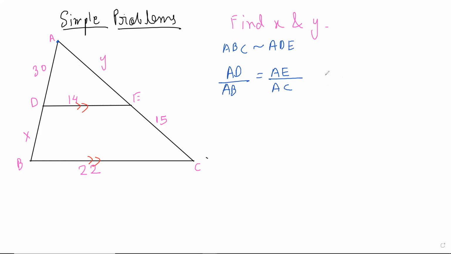That will help us. But even here, it's not enough. So we'll have to really use the other one. DE is stretched to BC, right? And all these are the same. This is really the essence of similarity. Computational use, you could say. Is that fine? This is fine, right? Now it's simple. Now let's say you want to find AE, right? Let's say you want to find AE. That's Y right there.